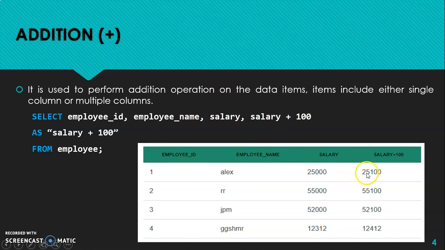So we can see 25,100, similarly 55,100, 52,100, and where we had 12,312, adding 100 will give me 12,412. So this is how the addition operation works.